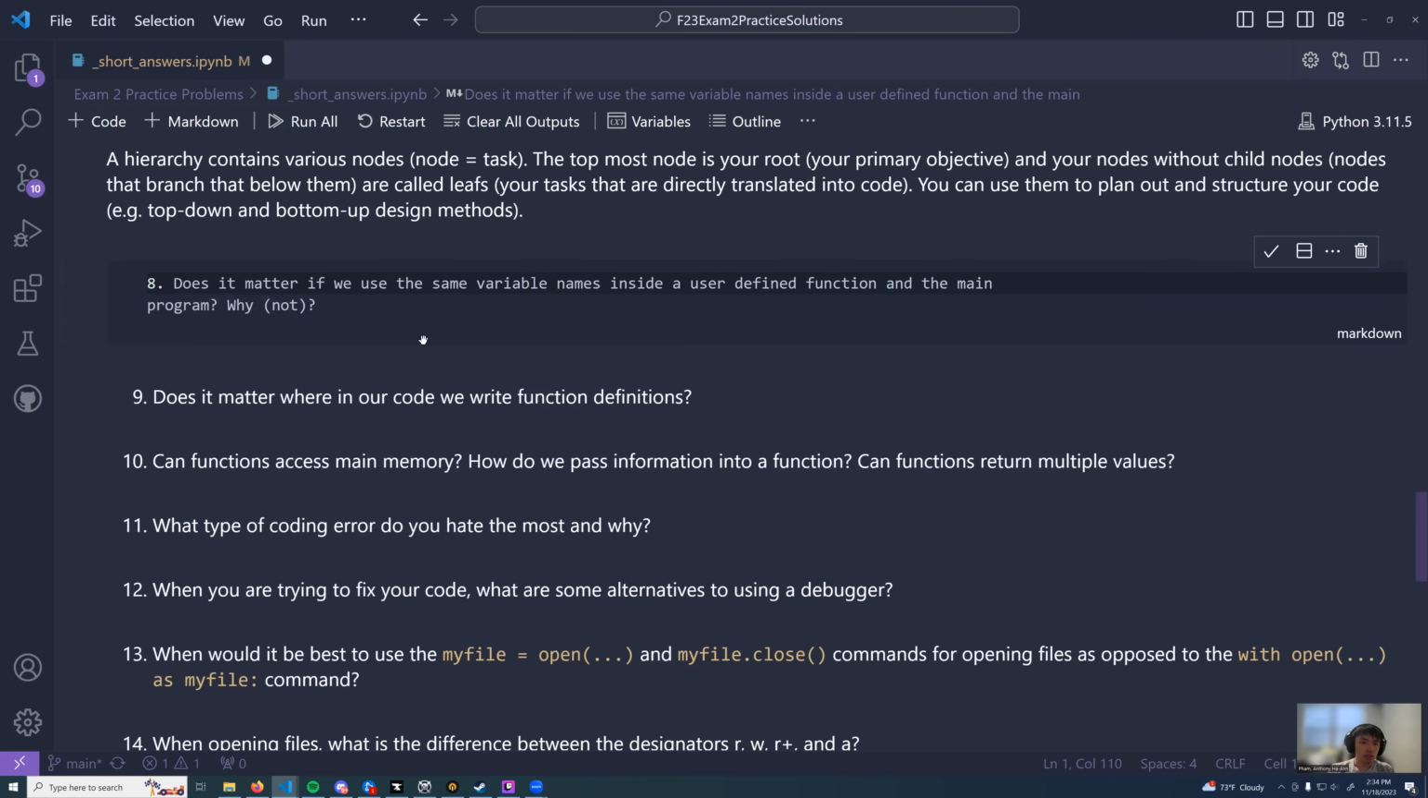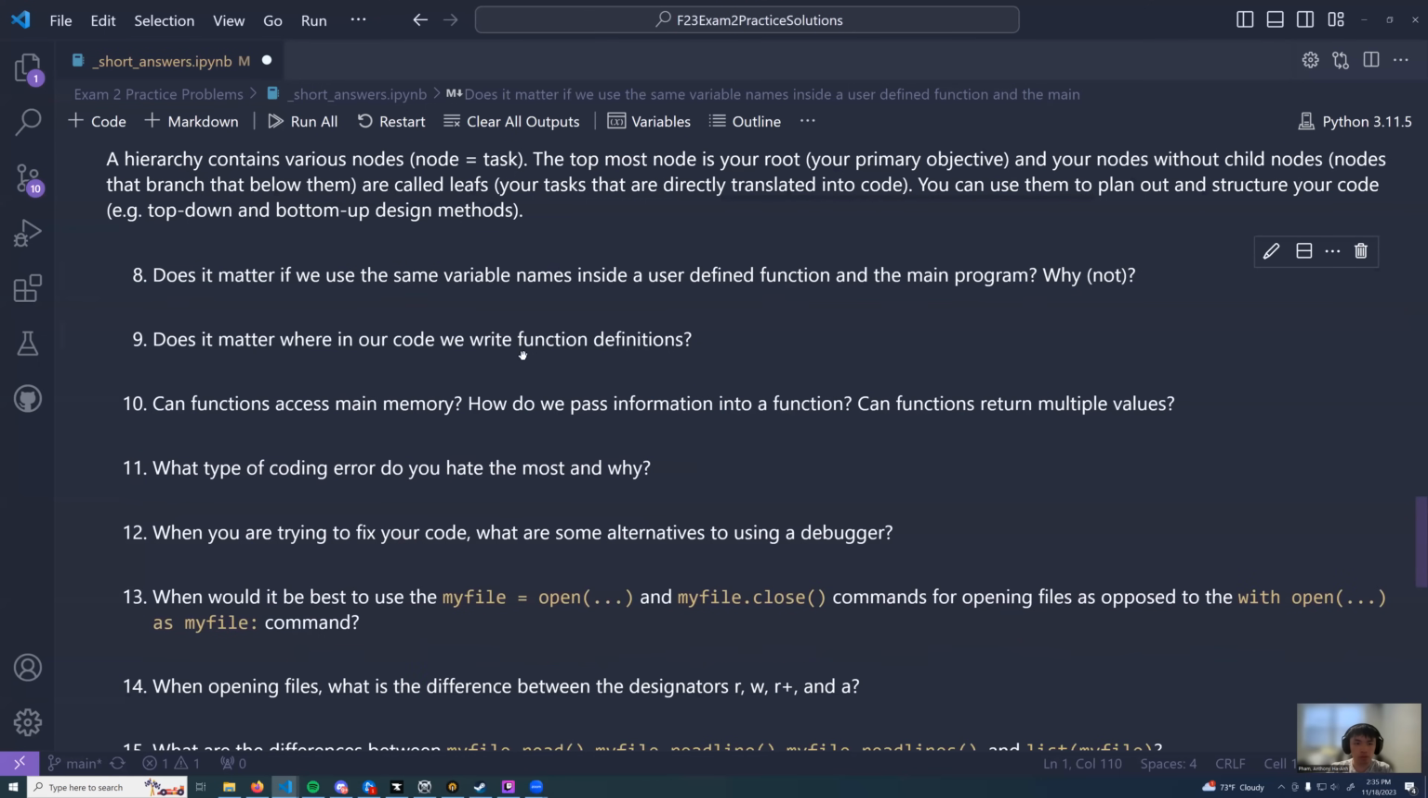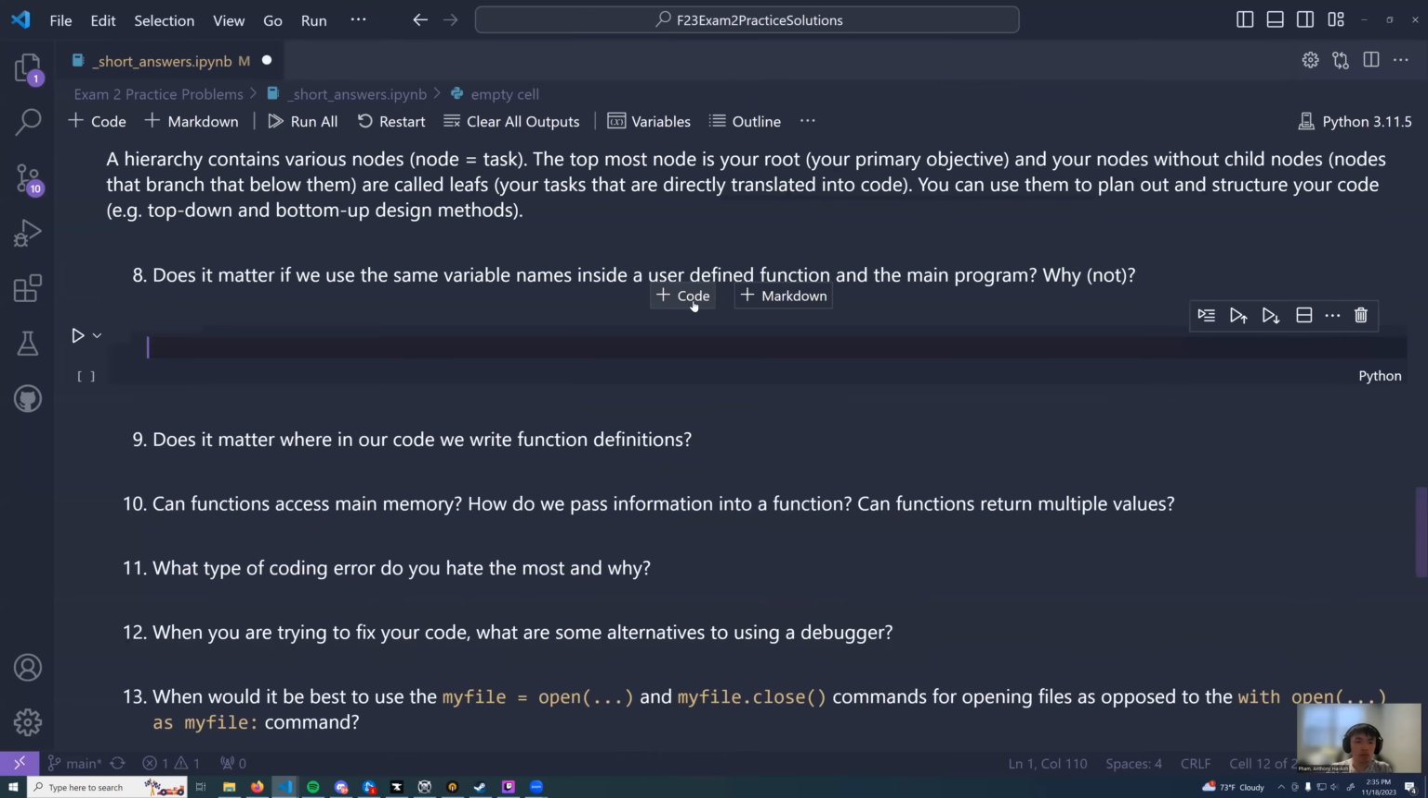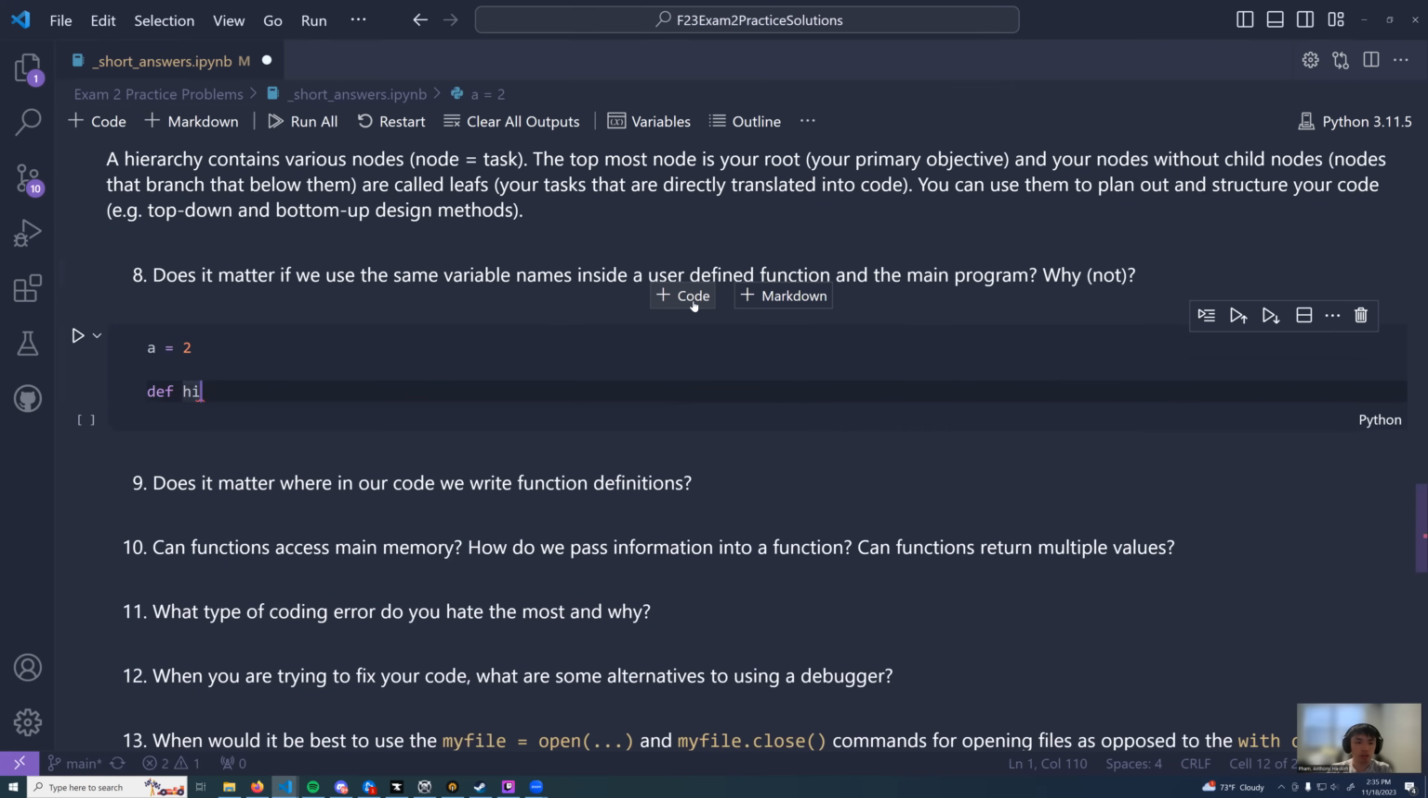All right, so number 8 is, does it matter if you use the same variable names inside a user-defined function and in a main program? Why and why not? In most cases, it does. Let me do some examples too, because it's hard for me to talk about this. So let's say I have this a equals 2, right,